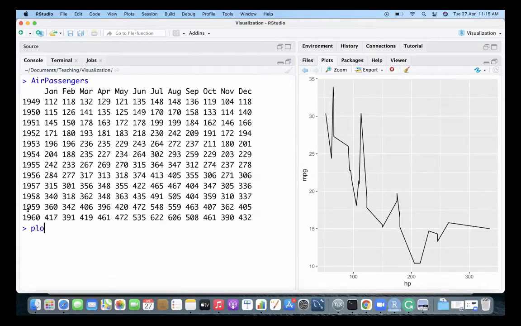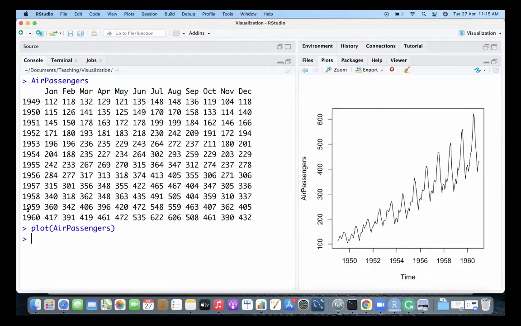Now, if you just plot this air passenger data, on the x-axis, it's plotting the time. On the y-axis, the number of passengers traveled by air. This is called time series data. When you have data like this, effectively it's univariate data. All you have is, every month, how many passengers traveled by air, but each number is marked by the time.